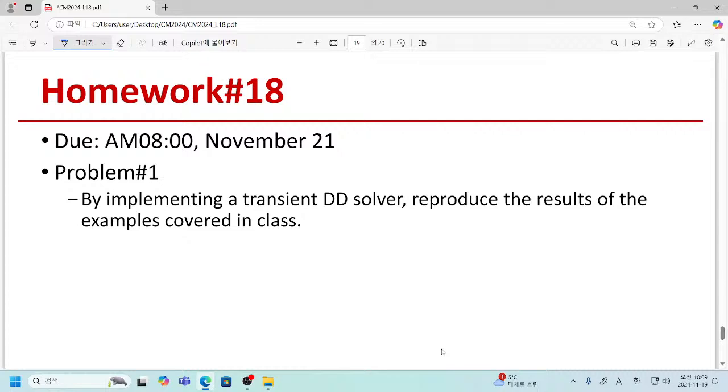In my opinion, implementation of a transient solver is actually not that difficult. Maybe you can easily get the converged solution, but when you try to estimate the displacement current, then maybe